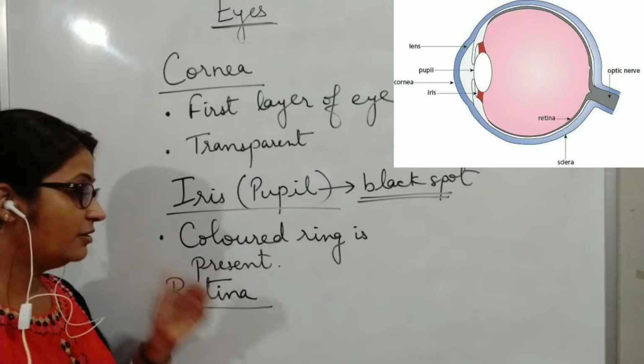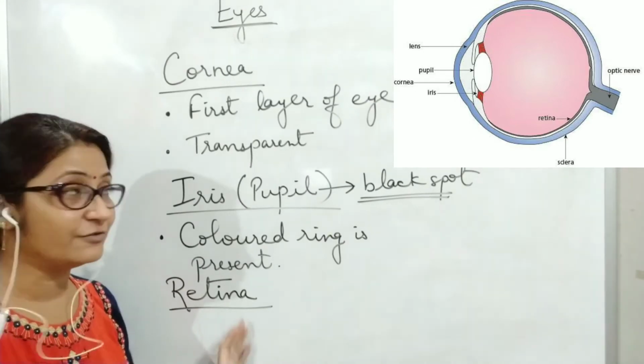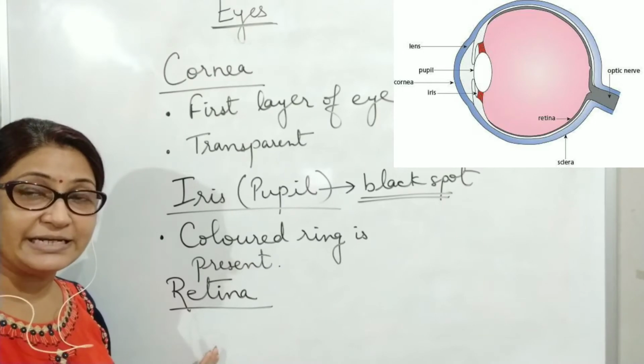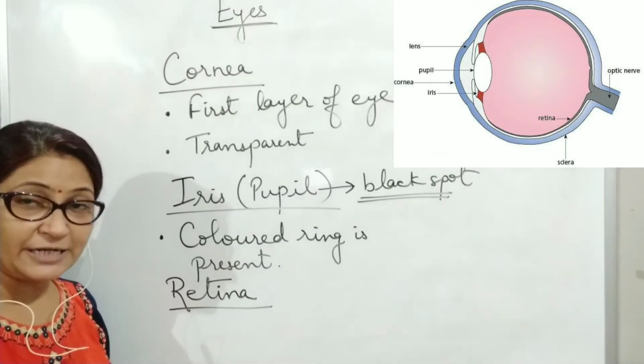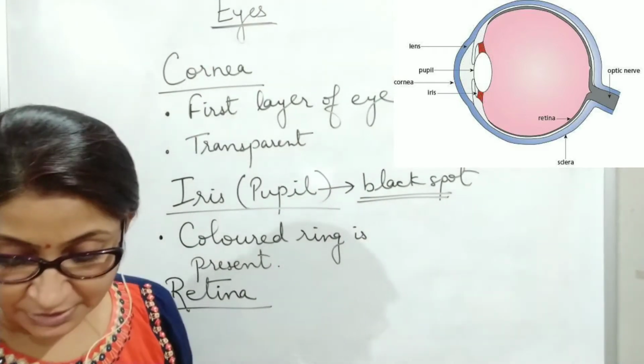There is a nerve present in this retina, which is also known as the optic nerve. You can see in the diagram, this is the nerve present in the retina, which sends the signal to the brain. That is called the optic nerve. Further,